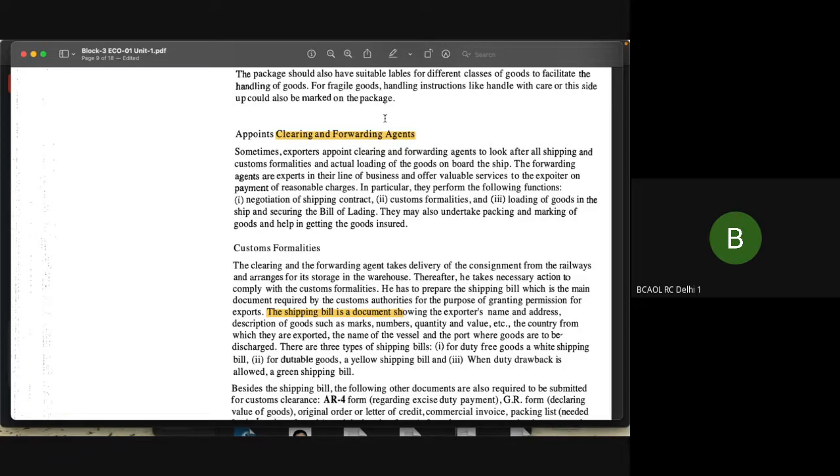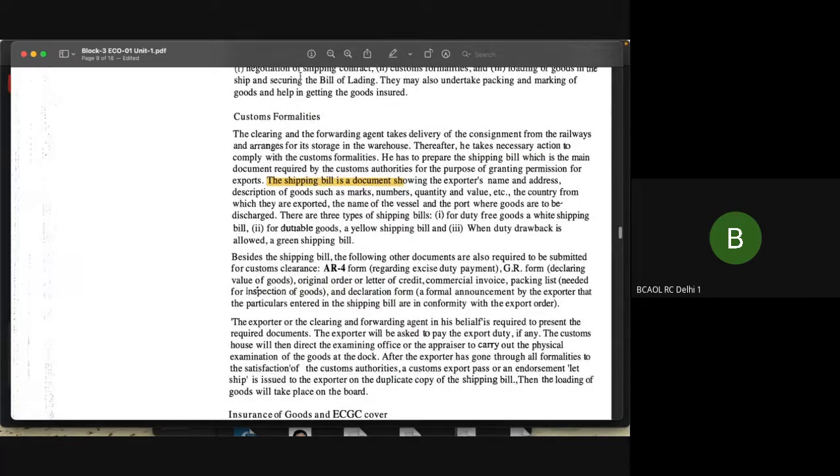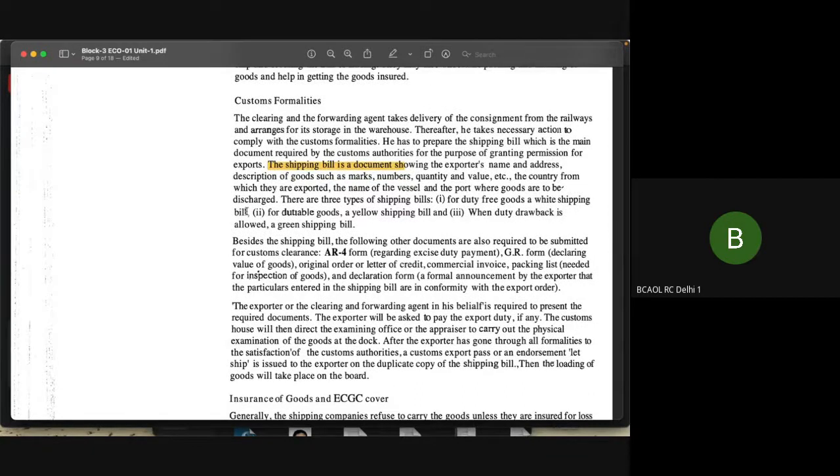So sometimes the importer or exporter does not have the time nor the expertise to do all these things. So they say, leave it, let us just contact these people and let them do it. So they'll be basically taking care of all the paperwork, getting the money in place and all that. So these are clearing and forwarding agents. Custom formalities again, these people will be doing it. Okay, providing all the payment methods, the address, the bill of lading, shipping bill, all these things will be